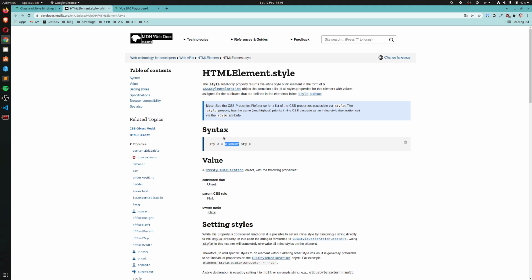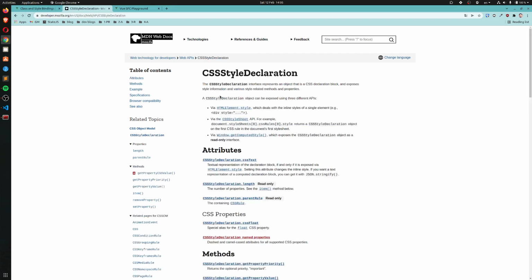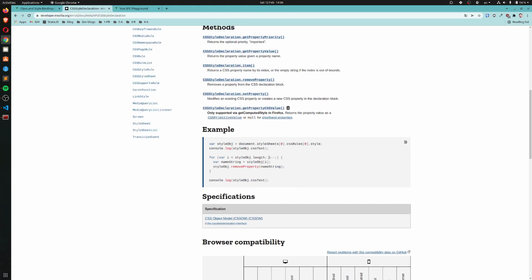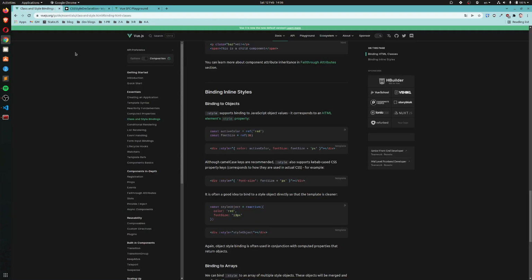And this CSS style declaration is an object that is the CSS declaration block and exposes style information. Unfortunately, MDN docs are not always great at showing examples and showing clearly what's going on, but if I understand correctly, that essentially means